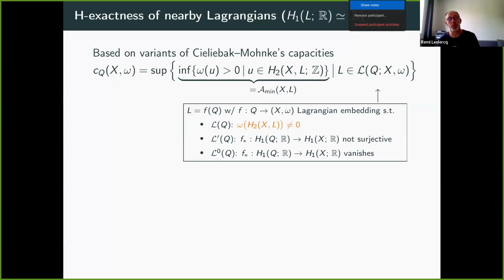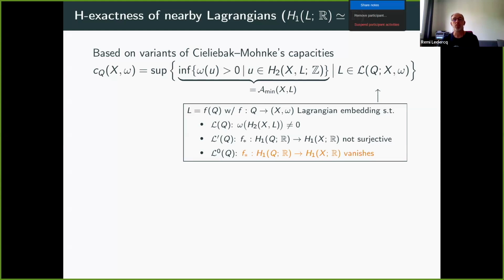We tried with Jean-Philippe in the first version of the paper to prove stuff with a capacity which was equal to plus infinity, and it's much, much harder. We couldn't do it. So now we have a condition which is stronger, which is that the embedding from Q to X, sorry, is not surjective at the level of H1 with real coefficients. And we have a strongest condition saying that this map actually vanishes. So funnily enough, since I am in the setting where H1 with real coefficients is of dimension 1, all of these families are the same, so all the invariants are the same, and I just call it CQ.